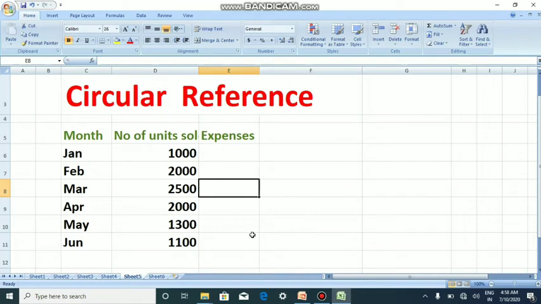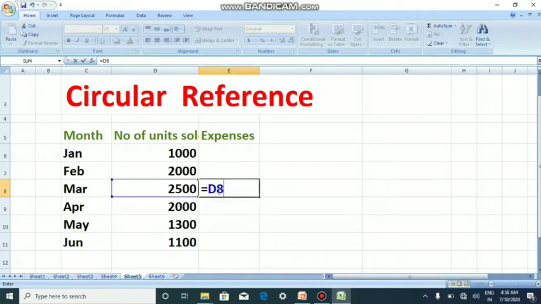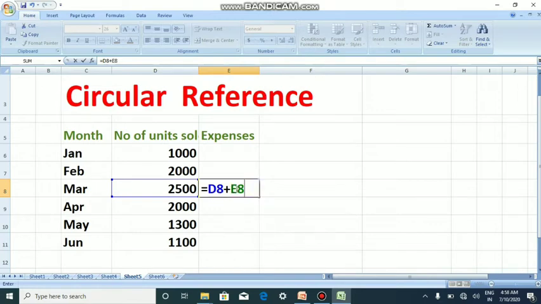Let us see the practical example of circular reference. So here I'm going to enter a formula, equal to D8 plus E8, where I am entering the formula inside E8 itself. So I am referring to E8 inside E8.